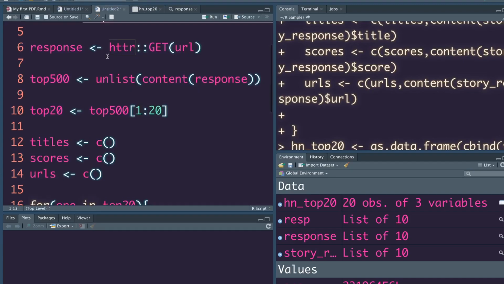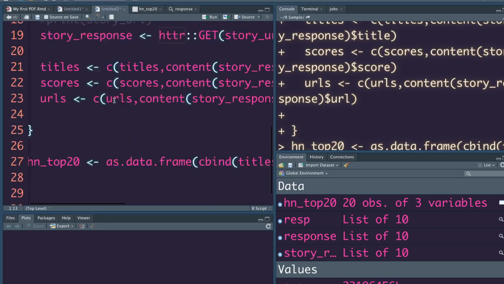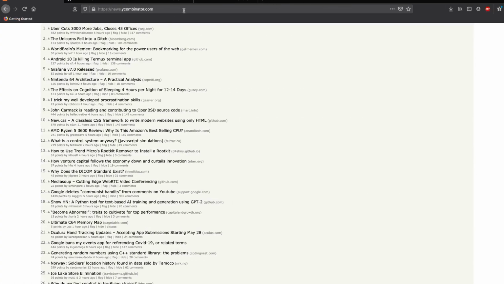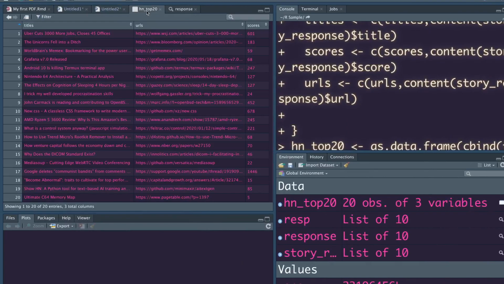So the package that we used is HTTR, only HTTR actually, and everything else we did is with base R. So this for loop you can do with functional programming, you can do it with lapply or map or any function that you would like to make it simple. So I've used a for loop in this. There are a lot of different ways. The main objective is to find an API, go through the documentation, make REST API calls and collect data, and then finally make it a structured format so that you can use it for something.